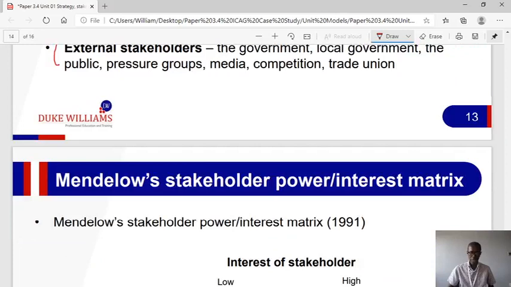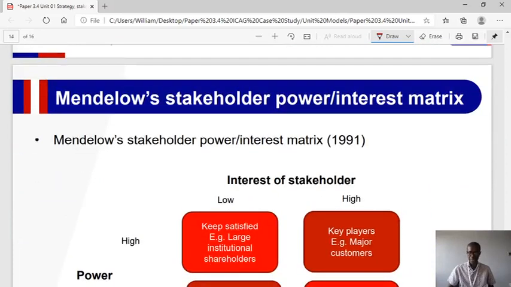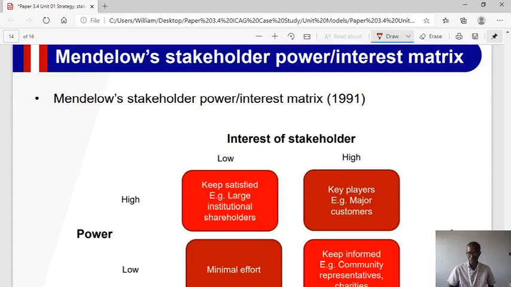Now, when you have stakeholders, they have varying interests, and it is important for you to be able to prioritize how you can meet their varying interests. So one of the frameworks or models that we can use to ensure that the varying interests of stakeholders can be assessed and, where appropriate, met in order of priorities. Now, Mendelow's stakeholder power interest matrix 1991 came up with the fact that